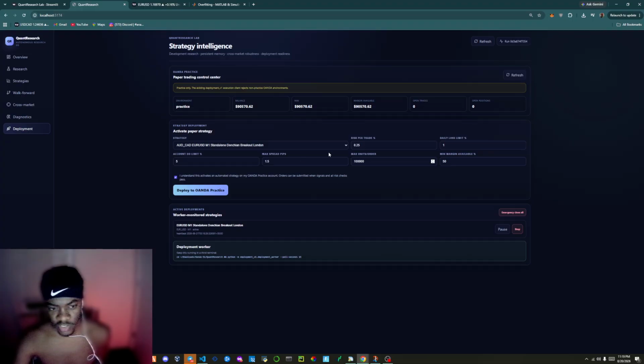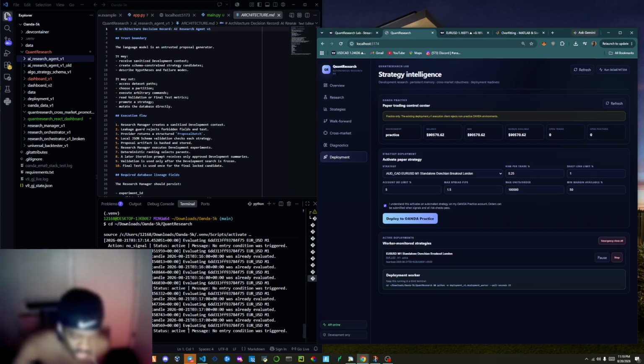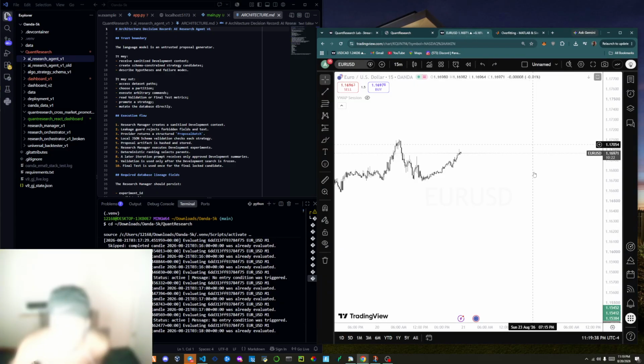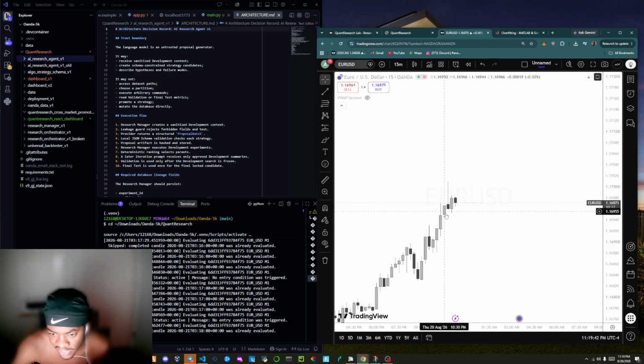So these are all your risk parameters or trading parameters here, and then you deploy it to an Oanda practice account. Basically in the back end, this is what that looks like. It's running the algorithm or the strategy in the background, evaluating what the USD looks like right now and seeing if we have some signals. The status is active. Message: no entry condition was triggered, meaning no three candles have closed above in the last